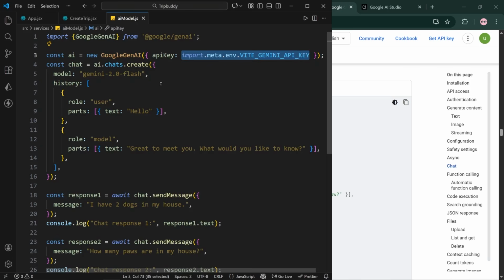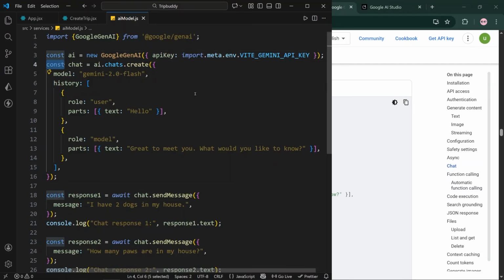Before, you can see, was written Gemini API key, and that method is for getting the API key from the backend, but we are not using any backend. We are using only pure React, a pure client-side application. So that's why we are doing all the configurations on the client side, in React only. So const chat is equal